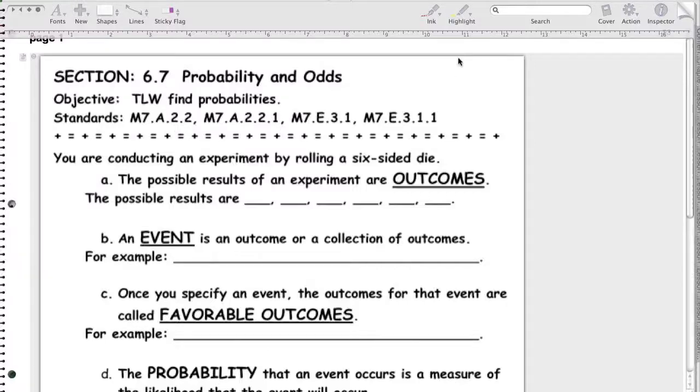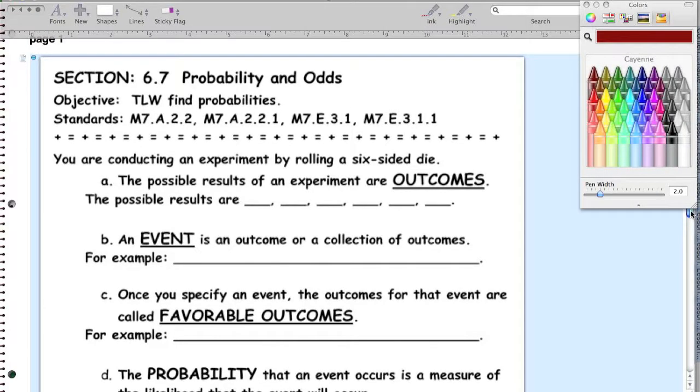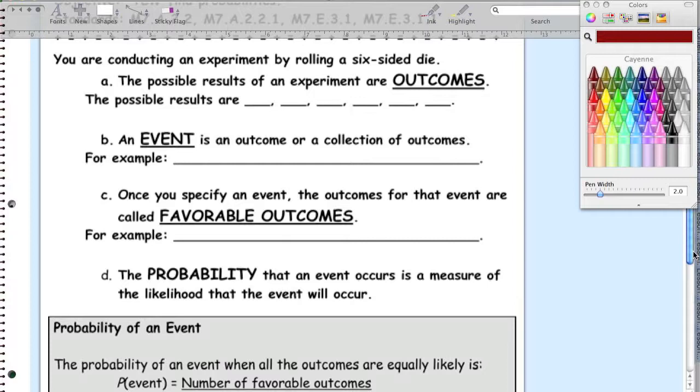Okay, let's take a look at probability and odds. We're going to break 6.7 into two parts. I'm going to just do probability for the first one and then odds for the second one. But on this first page, we're going to go over some important vocabulary so we can understand what our